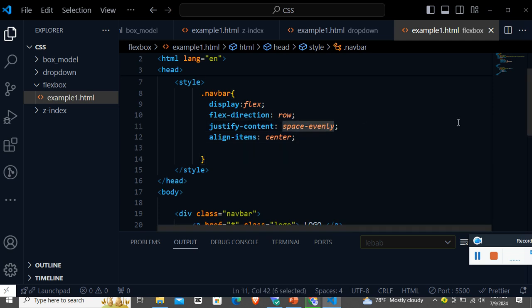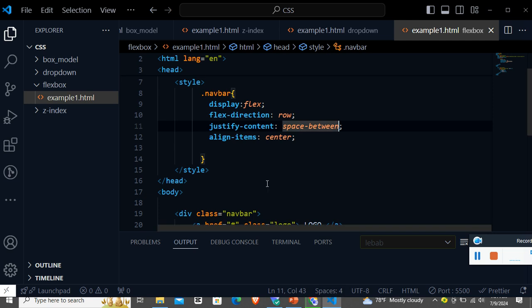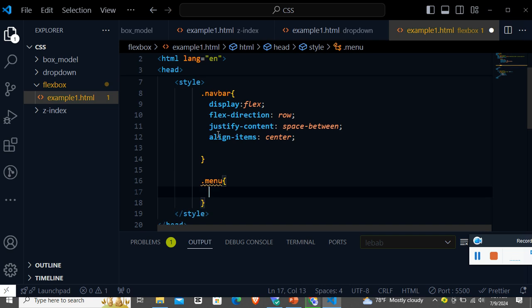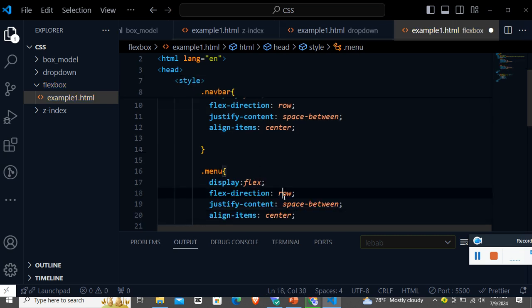And then in this case, I prefer to use the space between. I think it's gonna be good for this example. And then let's have control over the menu. Let's try another. Okay, here, row, space between or space evenly, and then